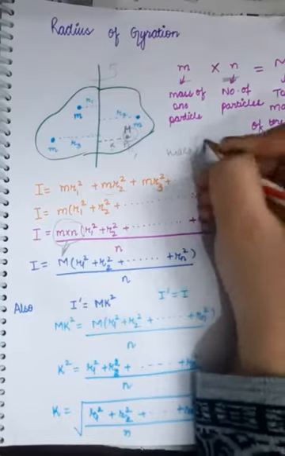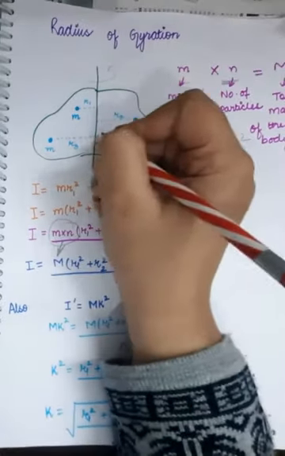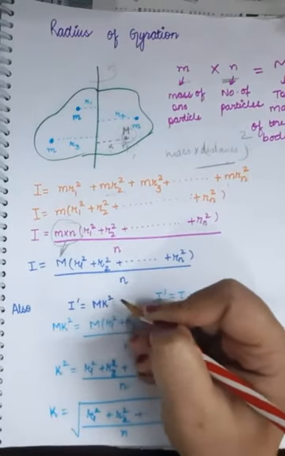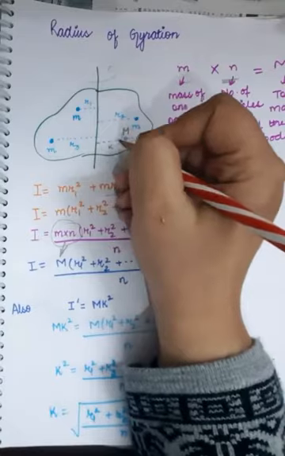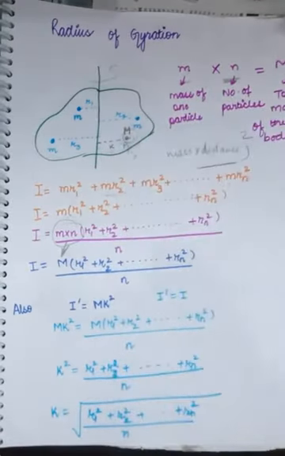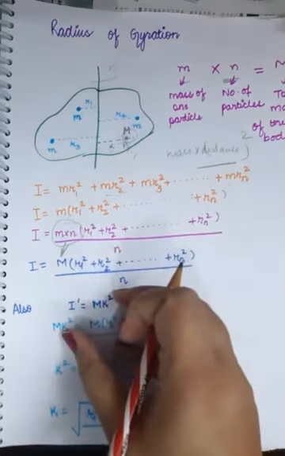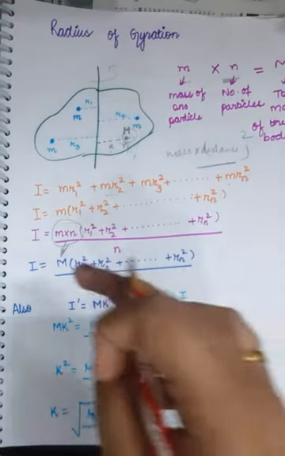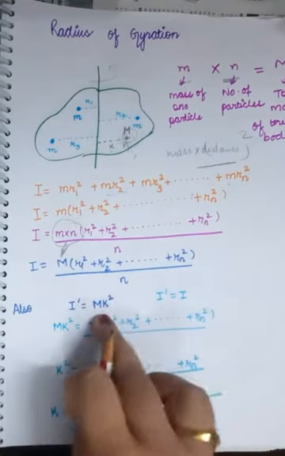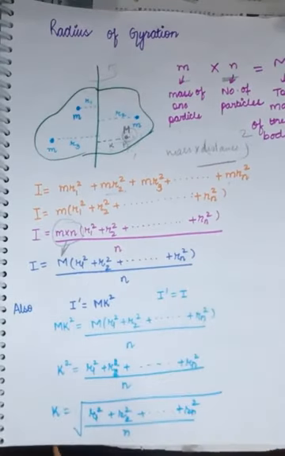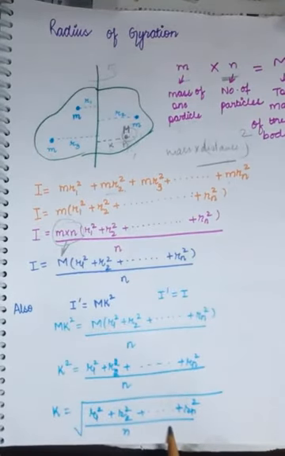And mark my words, this distance is nothing but the distance from the axis of rotation, right? So this will be k square, where k is the distance from the axis of rotation. And since the condition demands these two moments of inertia are equal, because this is the definition of radius of gyration, this moment of inertia is equal to this one. So I is equal to I dash. When you put both of them equal, you can easily find out the value of the radius of gyration.